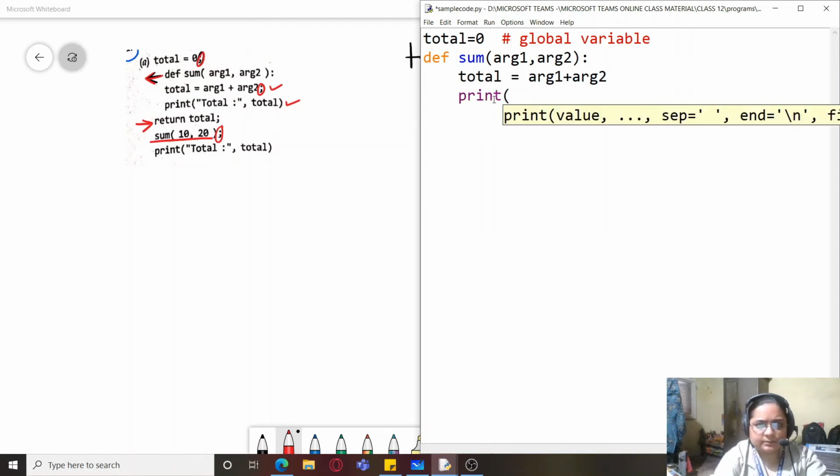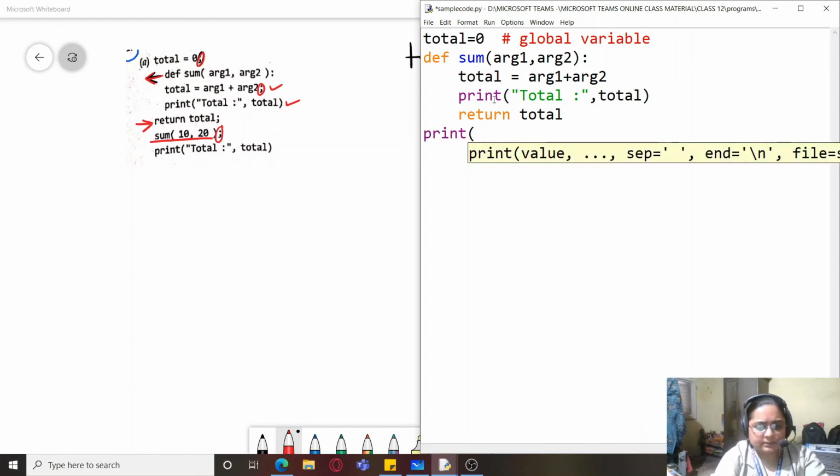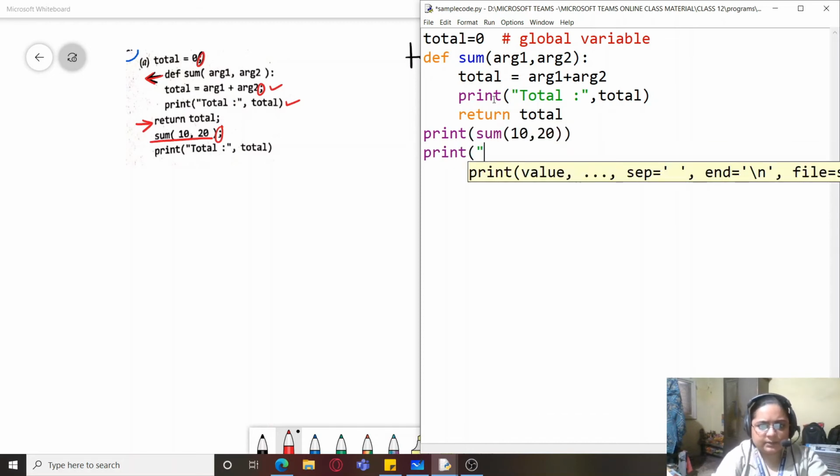Print total and return total without the semicolon. Semicolon is not needed there, and sum has to be a part of any statement. So I'm going to write here print sum 10 comma 20 and print total.